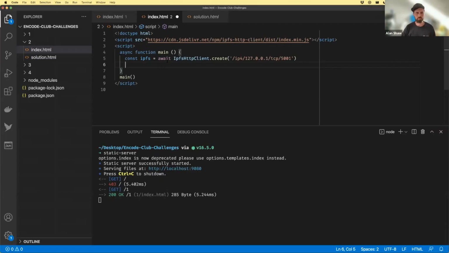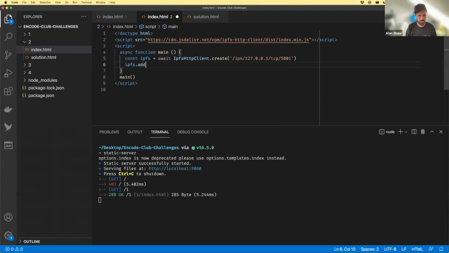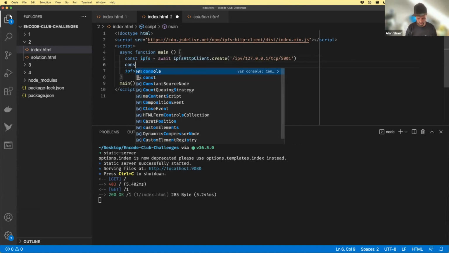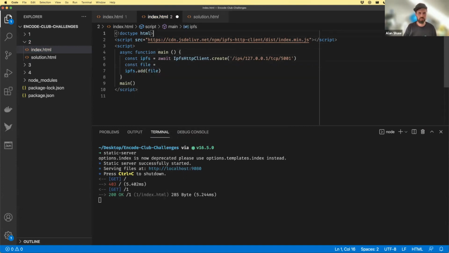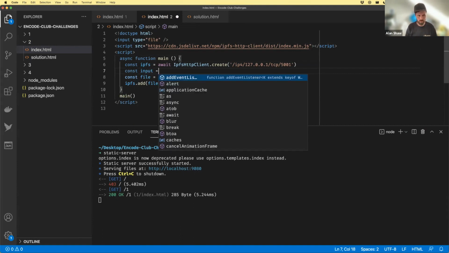All right, so what we can call is IPFS add. We need to add a file. We need a file. So what we're going to do is add a file input, and that allows us to select a file from our computer. Just going to grab hold of that DOM element, input equals